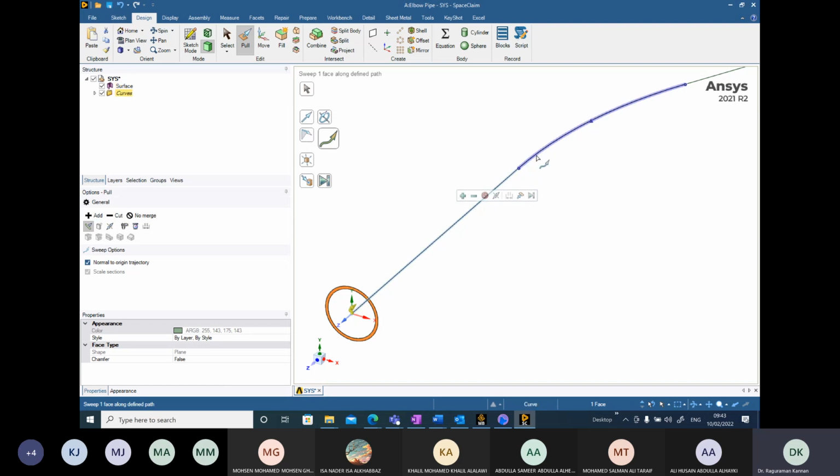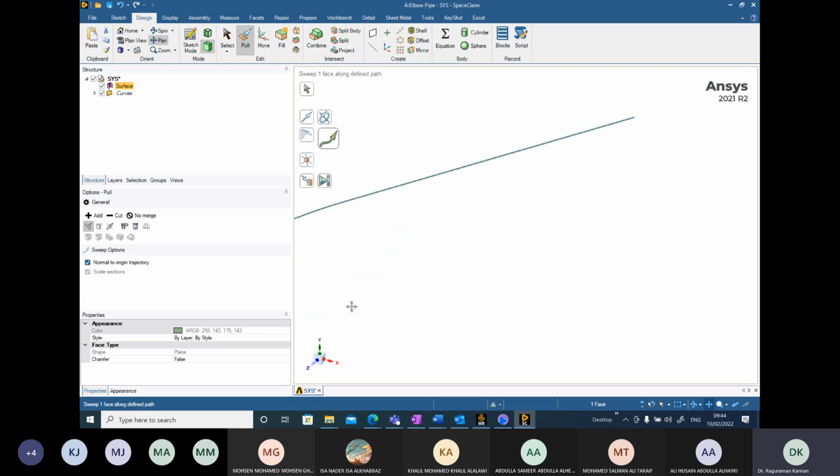Select this. Select. So we have to enable the control, use the control and select both the lines. Use the control button, keep it pressed and select all the three lines. Once you have selected all the three lines, okay, so it's clear, use the pan and you can see it